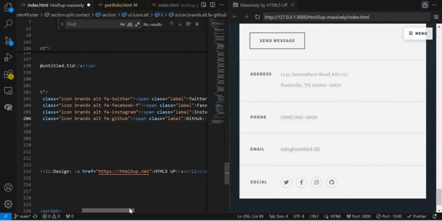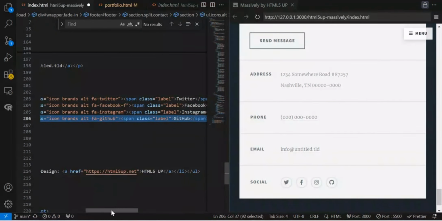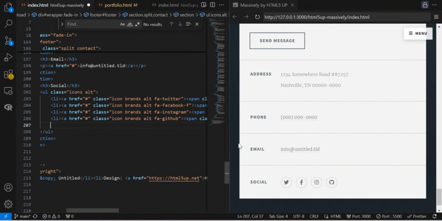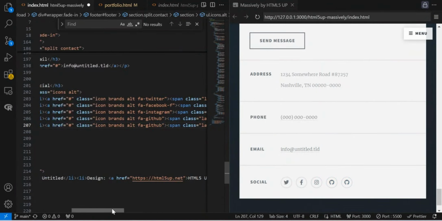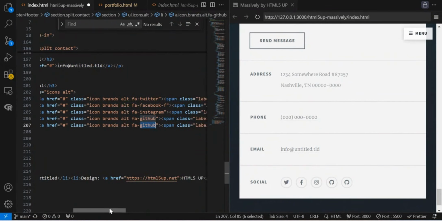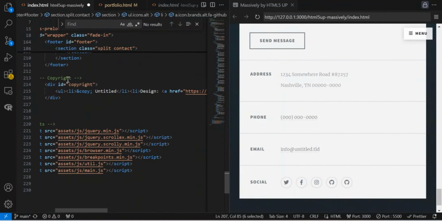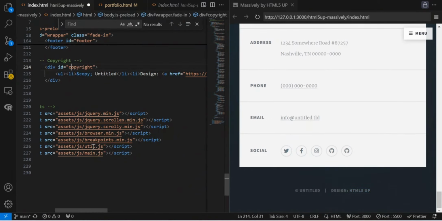If you want to add more, you are still allowed. You can just add one more over here, and then you can just paste it here, and you see that this doubled by itself. If you don't want GitHub, you can just change it to something else, and then you put your copyright. That is if you want it to show. I think it's this one.